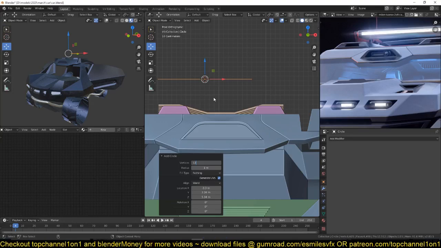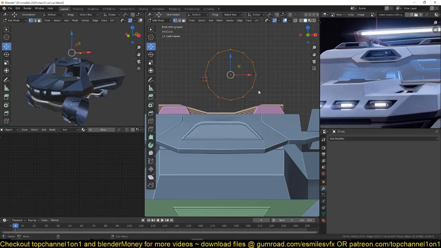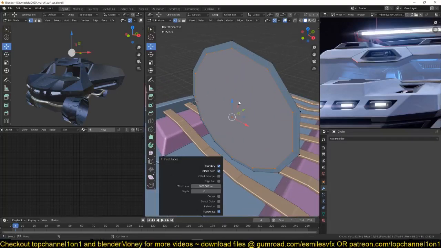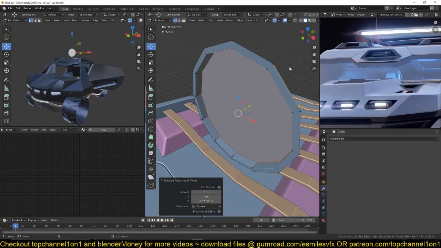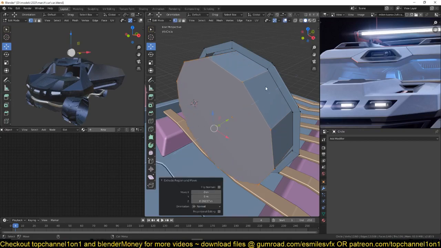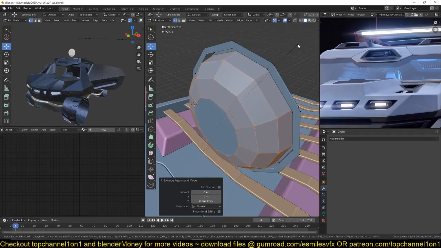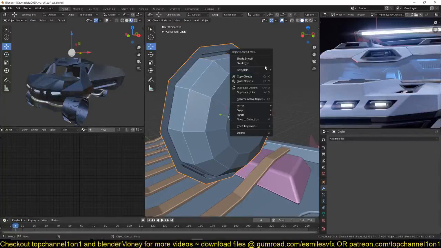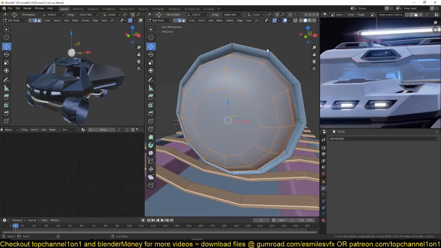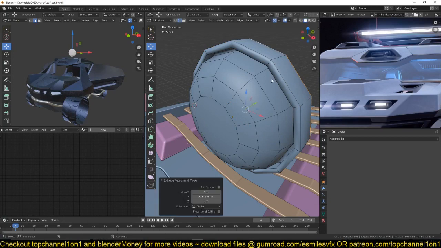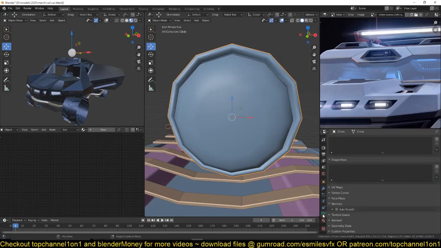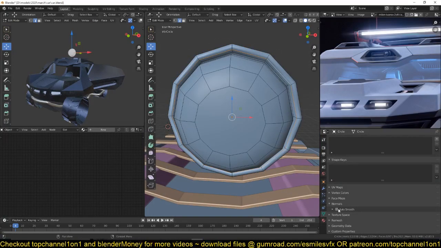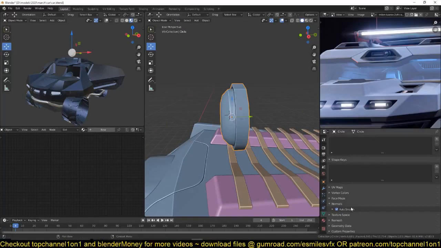So let me add a circle for that camera. Hit F, insert, then extrude, insert, extrude out, Ctrl B to bevel this like that, shade smooth, and extrude back like that. Now we can select these, turn on auto smooth, so maybe change the auto smooth angle to something like 45,